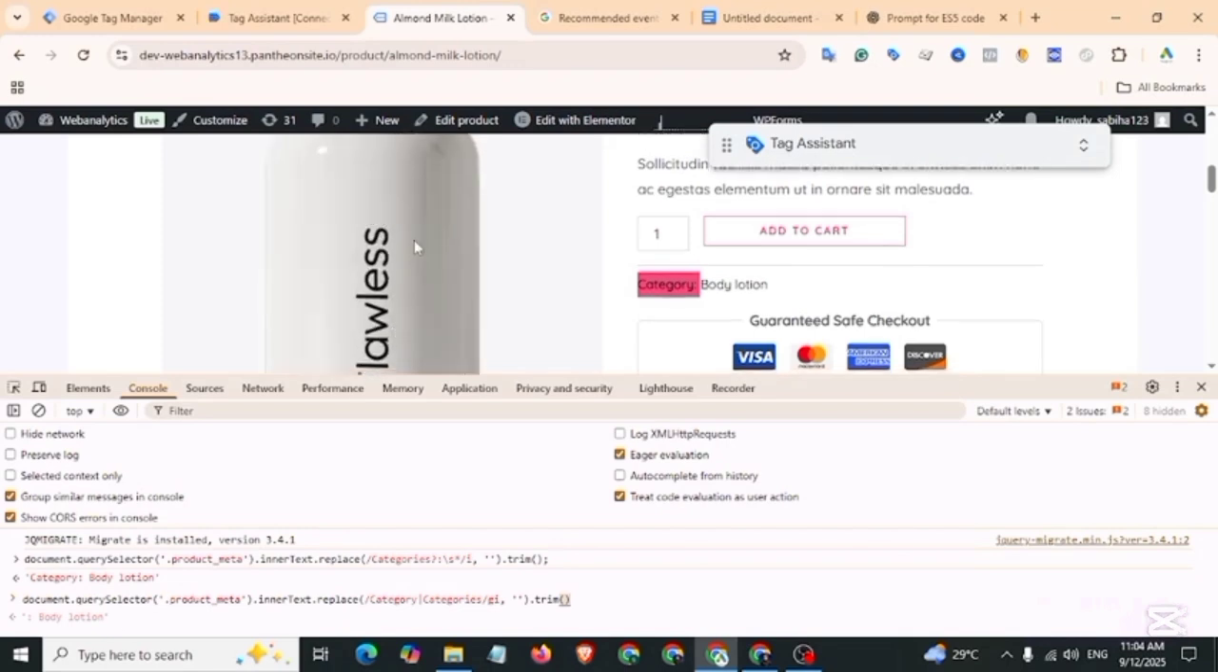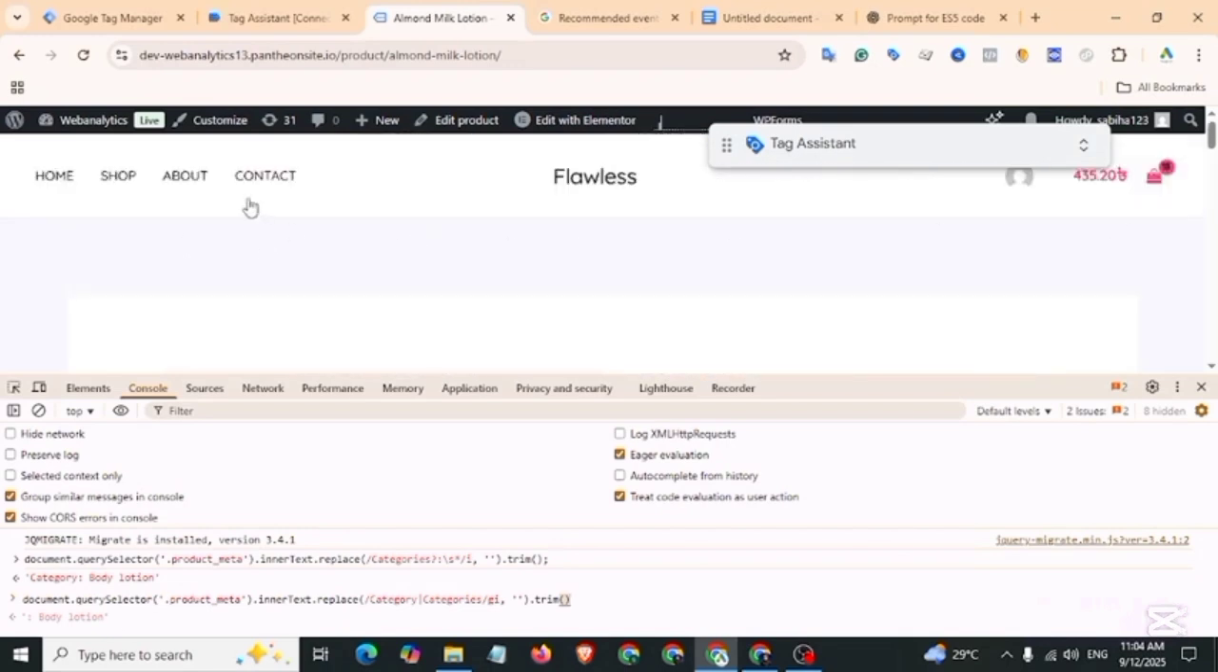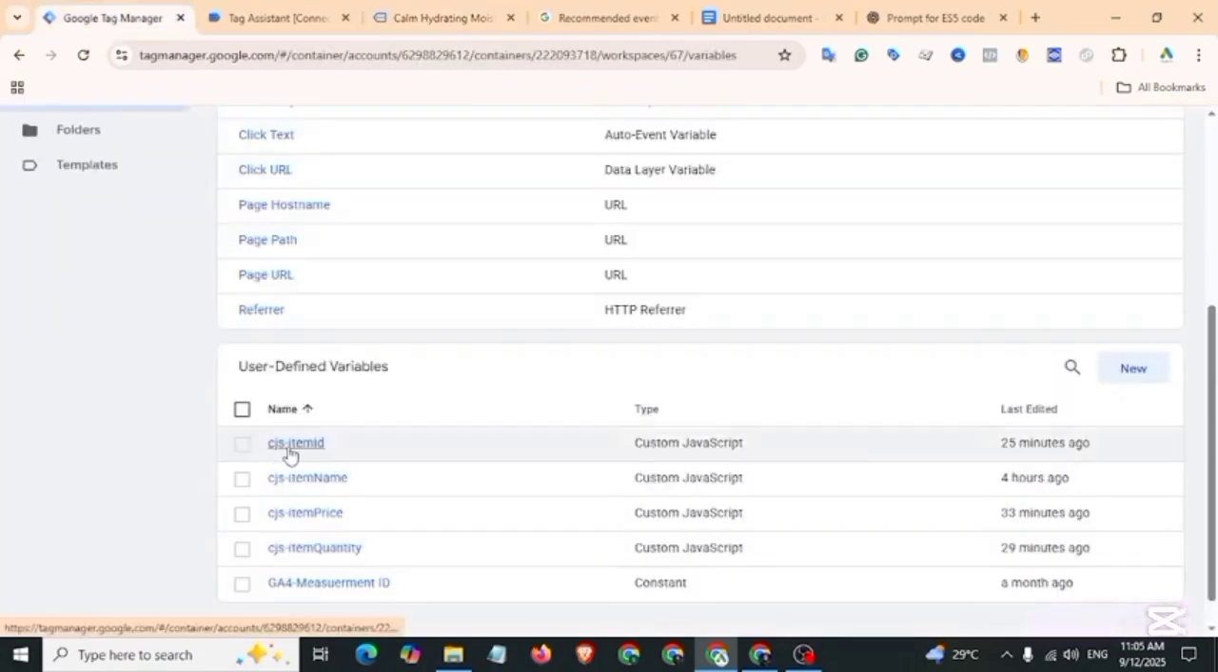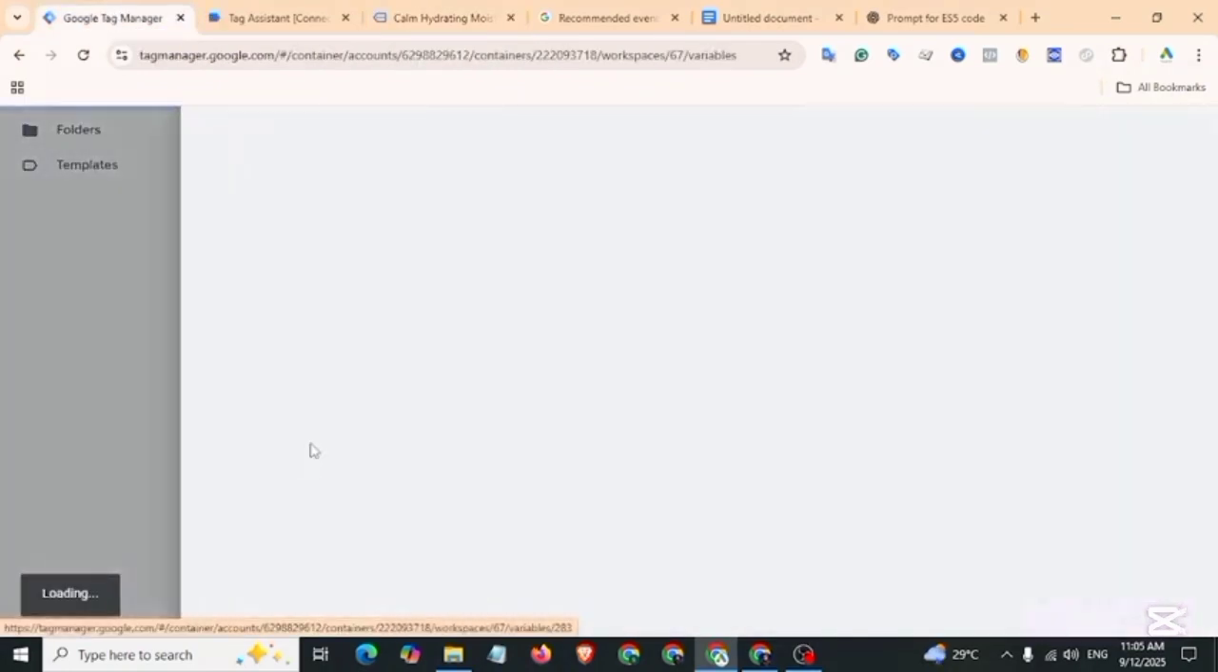Let's check another product. Open another product. This product contains categories. Let's check and see what happened. Paste, then enter. Yes, it works for both category and categories. Let's copy this code and go back to Google Tag Manager. Copy any previous variable